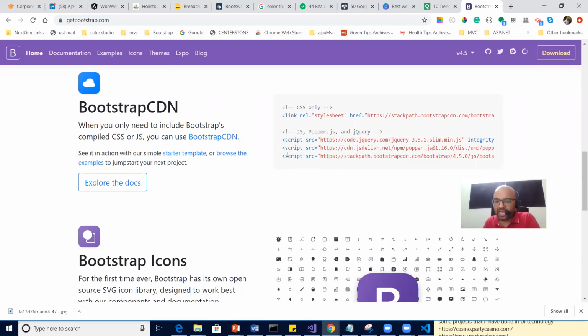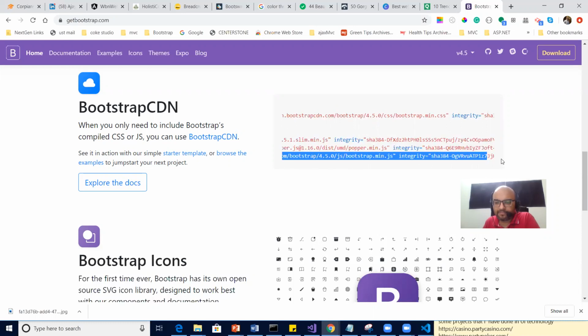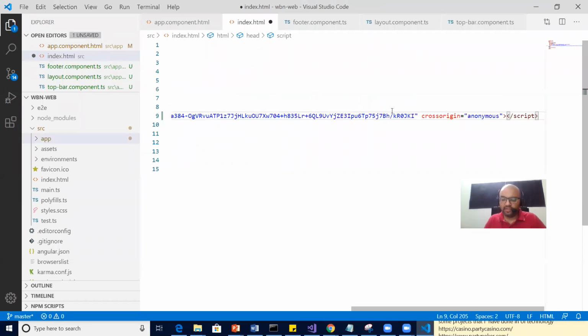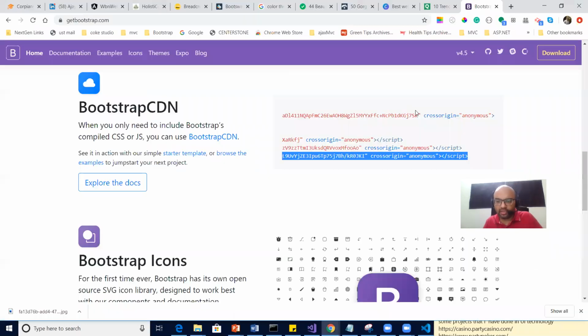So what does that mean? I'm taking a CDN link of Bootstrap. Any idea what this means basically? I'll put it in the header section. You all know that style should be part of the header. No, this is script, sorry. We need to put a style.